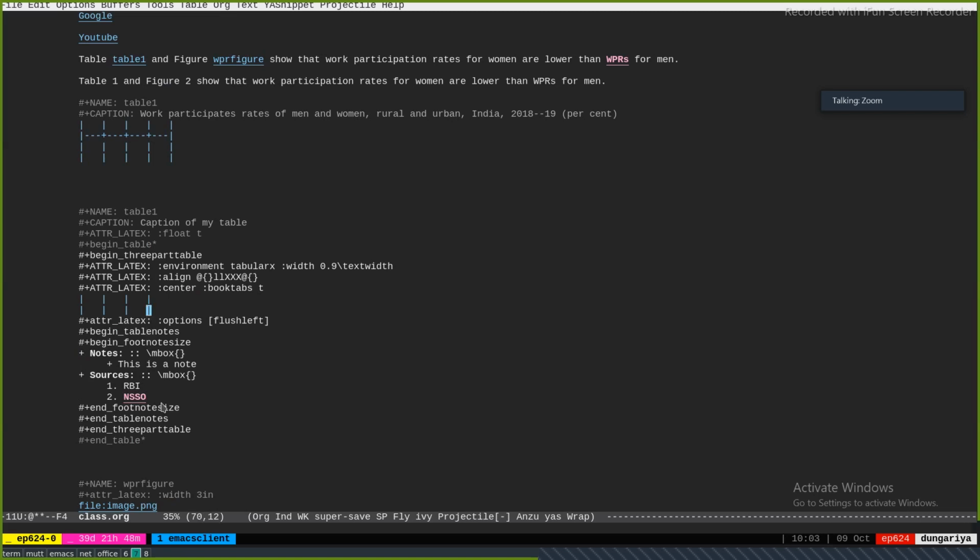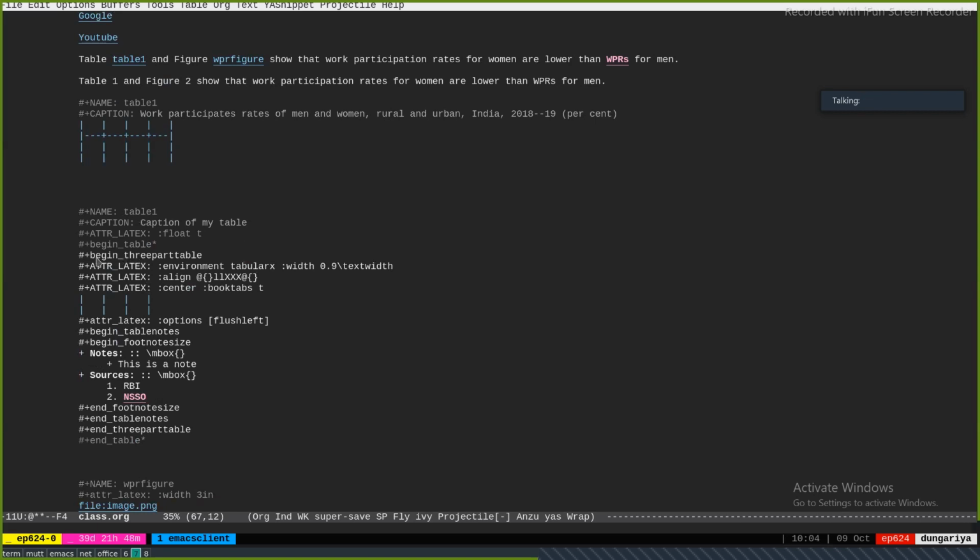Now this would export nicely as a table which will have a caption and the notes, and the entire thing floats together. So the notes remain stuck to the table at the bottom. They are nicely formatted. It's using the org syntax, and it's nicely exported to LaTeX.